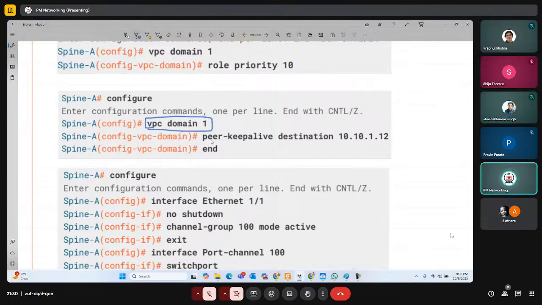You configure the peer keepalive destination IP address, because you will be sending layer 3 packets. But to whom? You will send the layer 3 packets to this IP address. So this spine switch will have a source IP, and the keepalive messages will be sent to this destination IP. But we also have the option to change the source IP here, because by default for the keepalive we are using